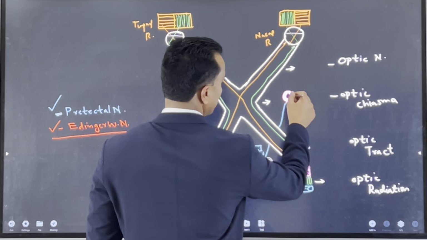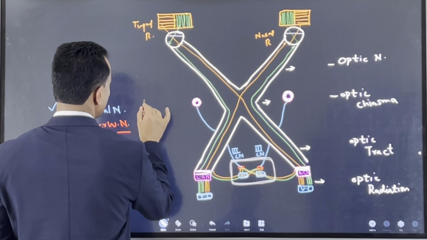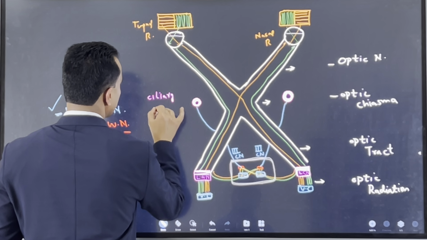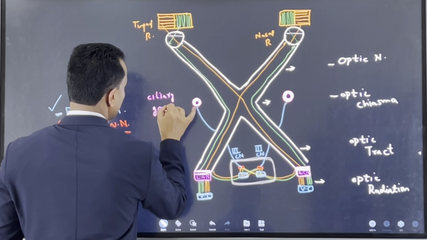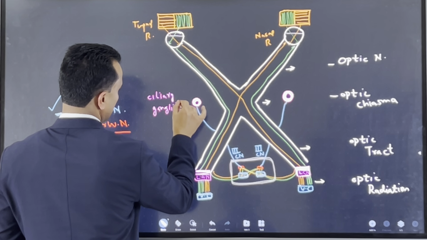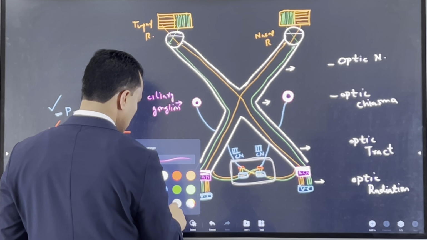This is your ciliary ganglion here. You can write here ciliary ganglion. And then from the ciliary ganglion, fibers of the